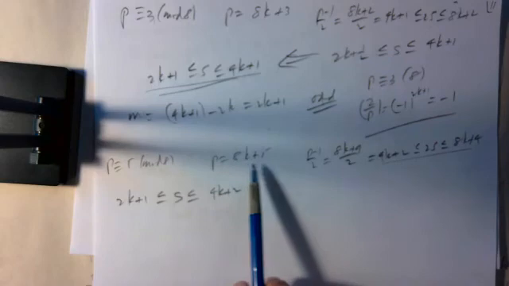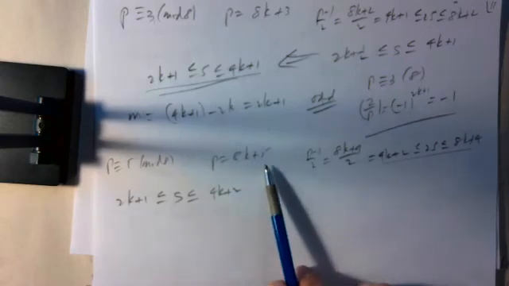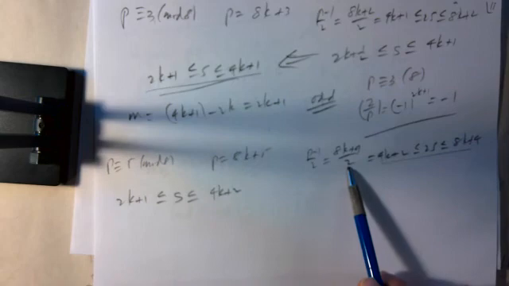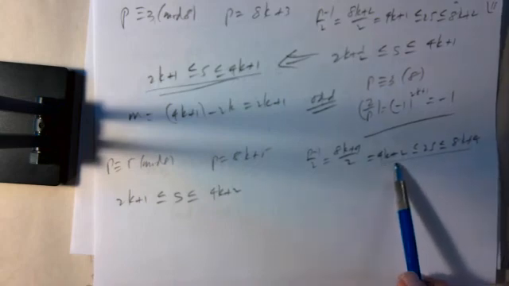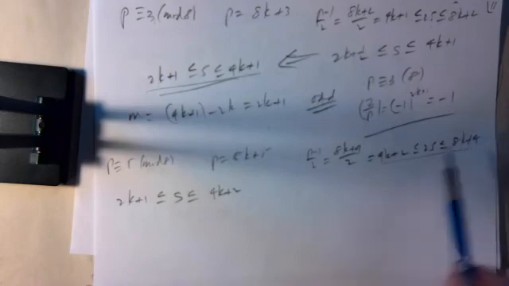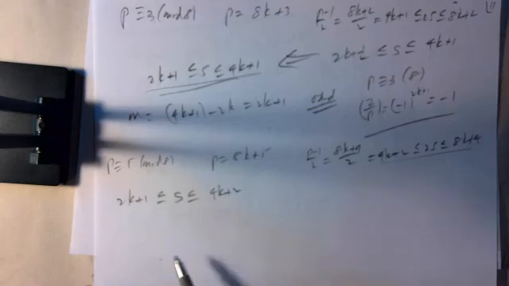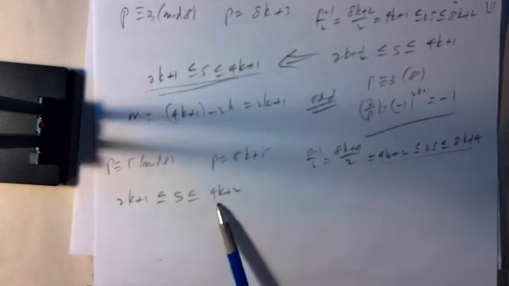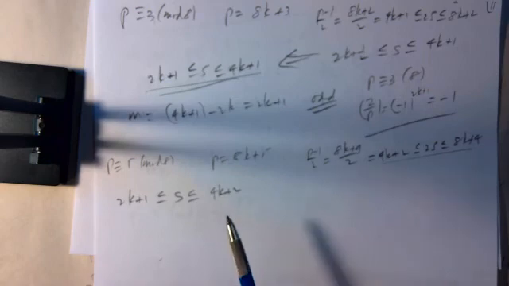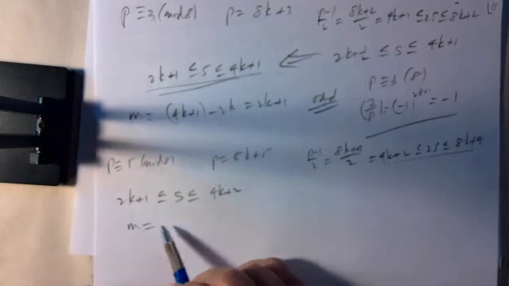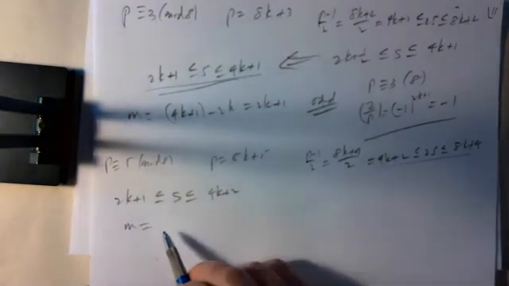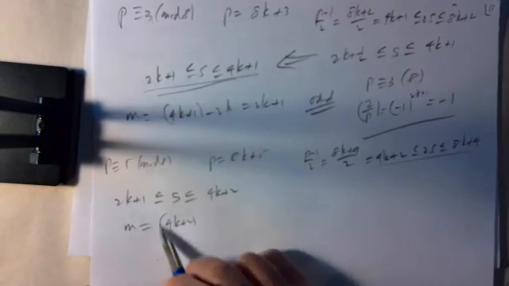So M is the number of integers in this interval. That's 4K plus 2